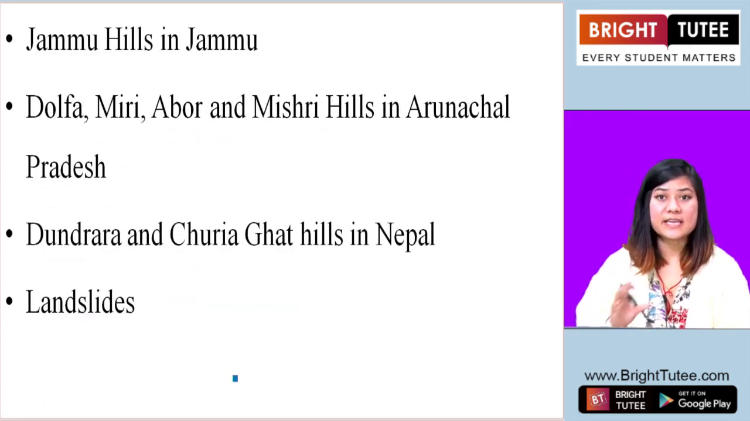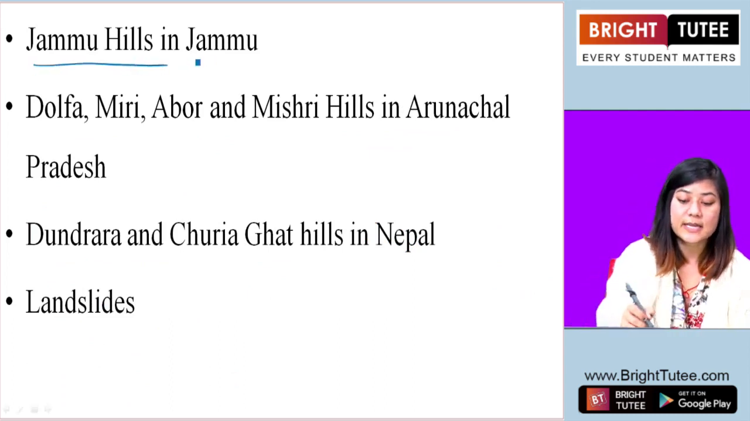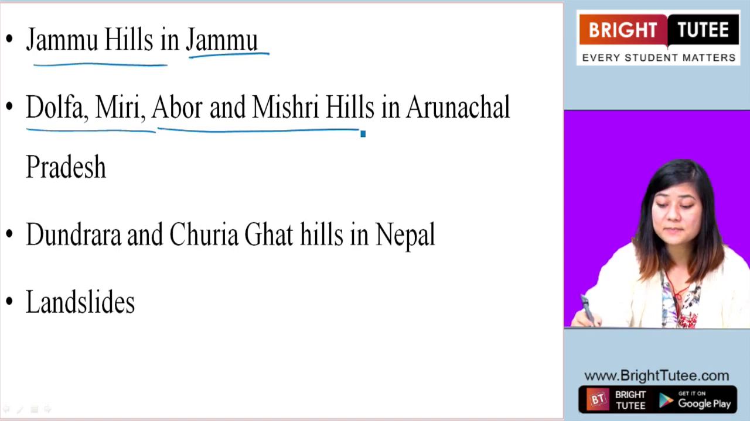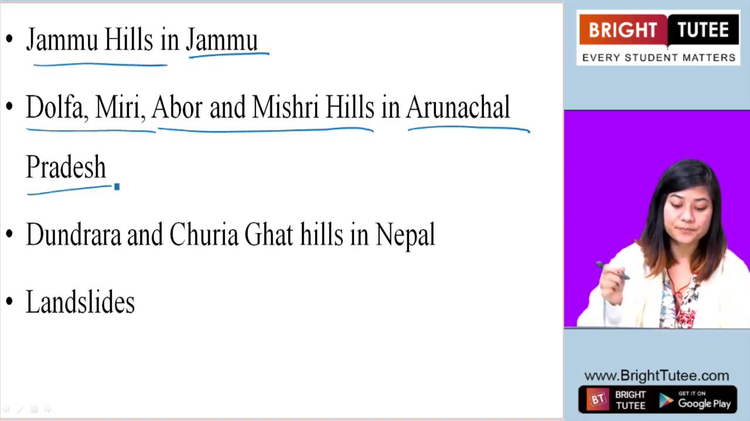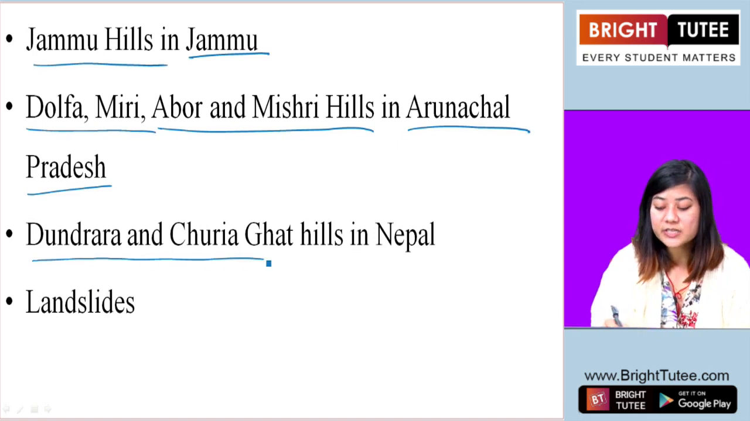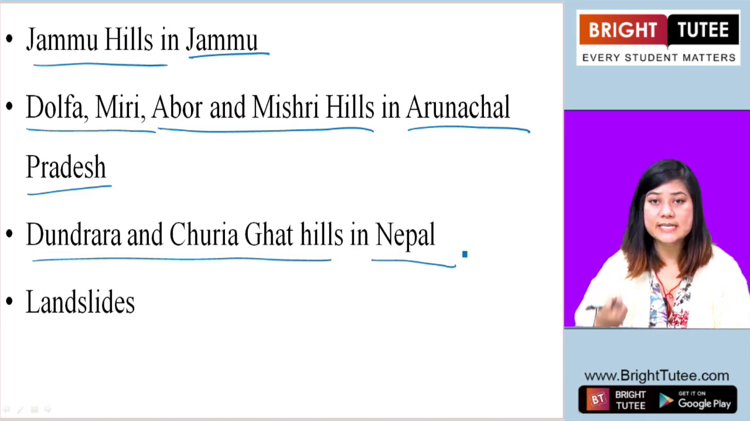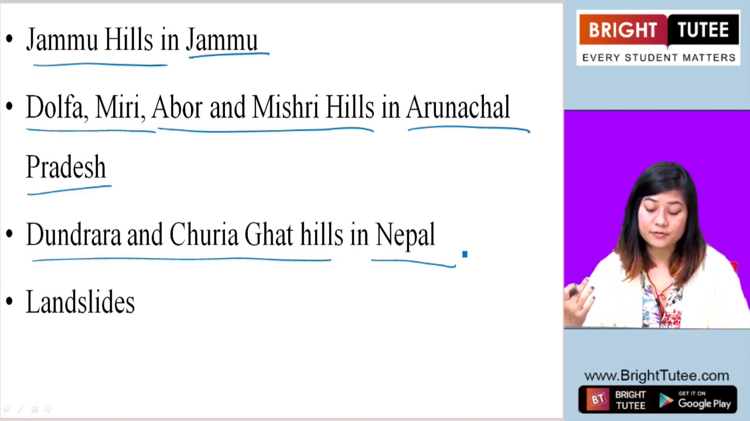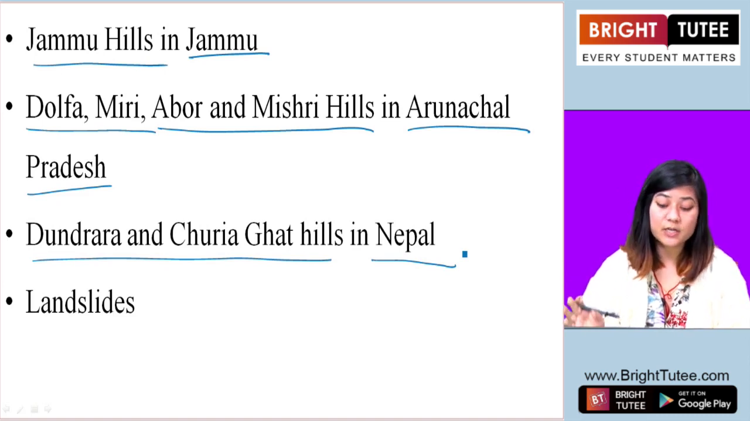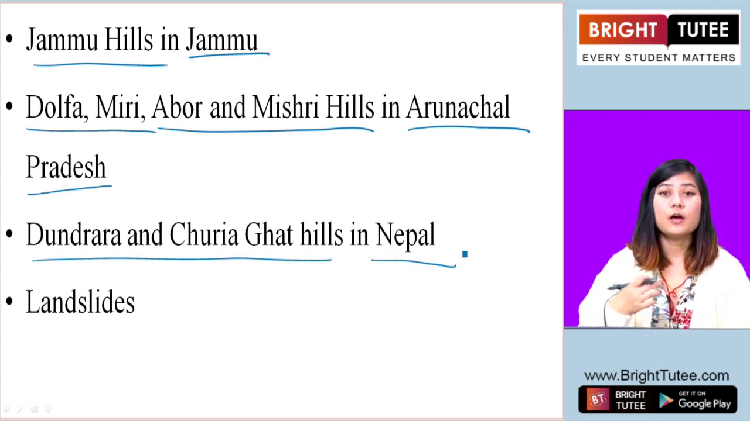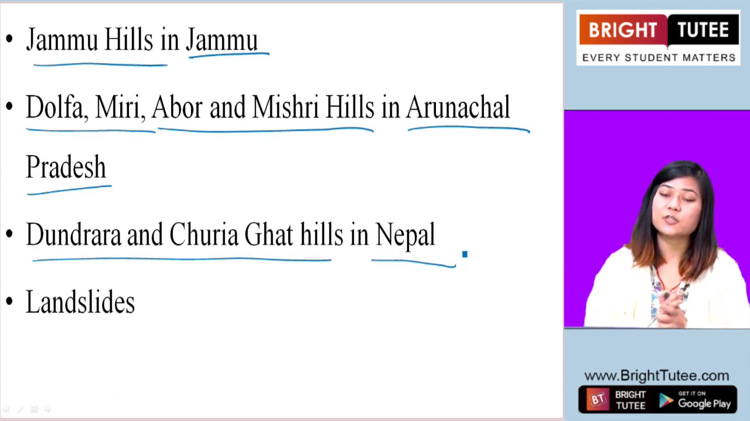Okay, now some of the hills that lie in this region are Jammu Hills in Jammu and Kashmir, Dafla, Miri, Abor and Mishmi Hills in Arunachal Pradesh, Dundwa and Churia Ghat Hills in Nepal. So these are some of the important hills that lie in this region, which is the Shivalik range of the Himalayas. Now, one of the characteristics, or already we said one of the special characteristics of this range, Shivalik range, is that there are valleys,